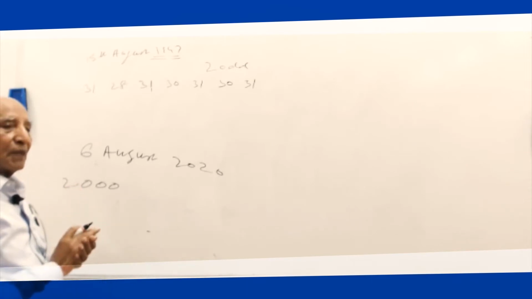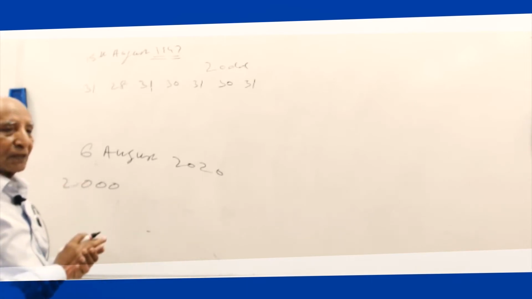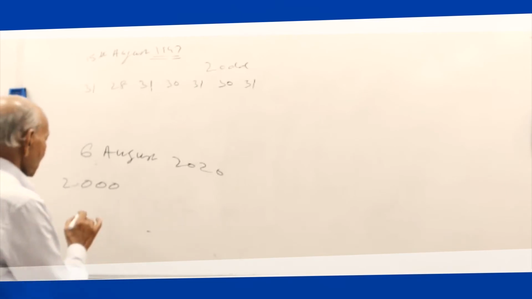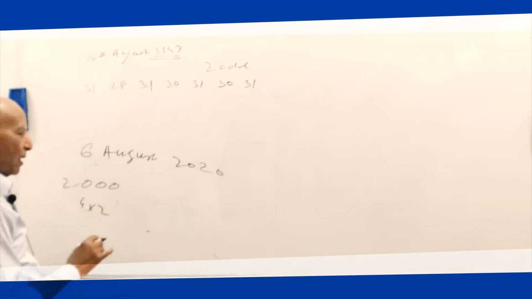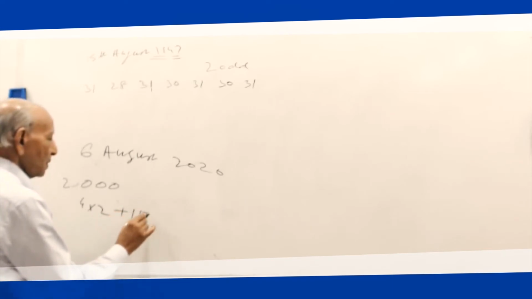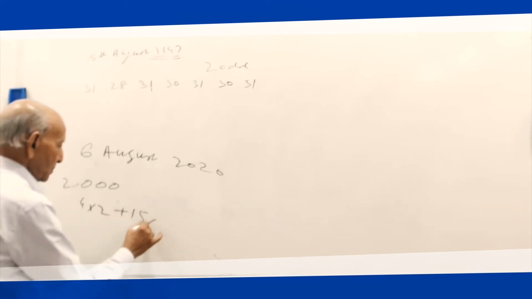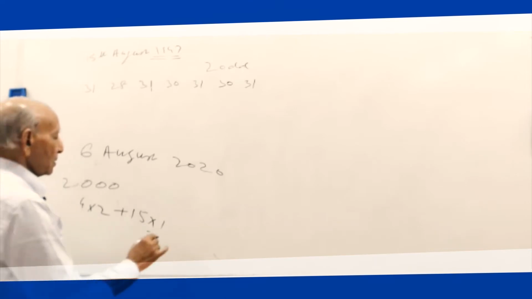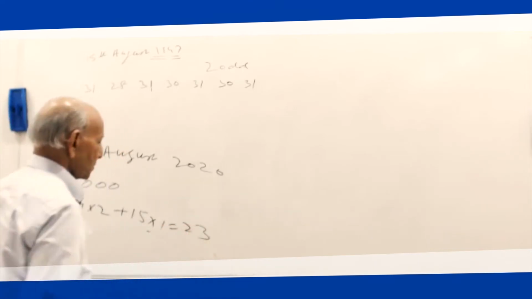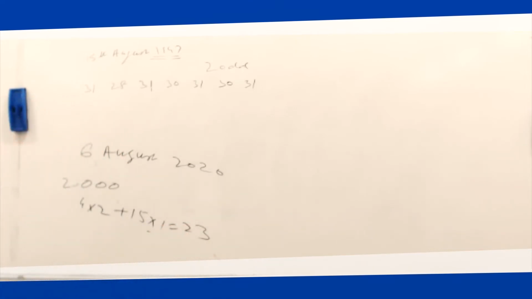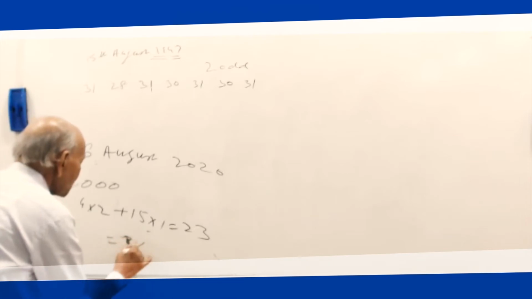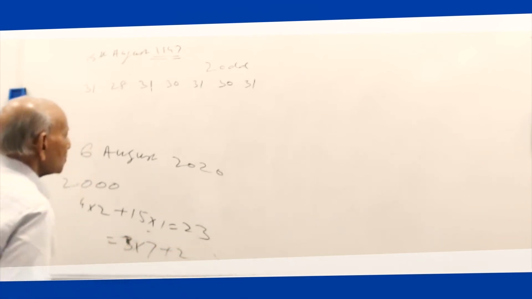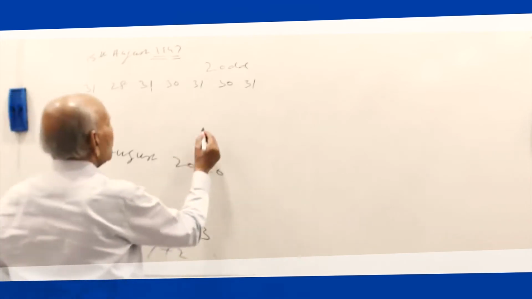So how many leap years, how many non-leap years? 4 leap years, so 4 into 2 plus 15 non-leap years. So in total 23 days, converted into weeks. So we get 3 into 7 plus 2. So 2 extra days. So there are 2 odd days